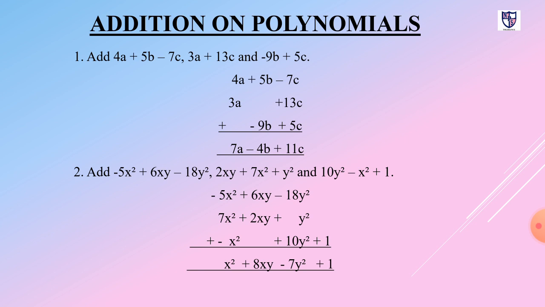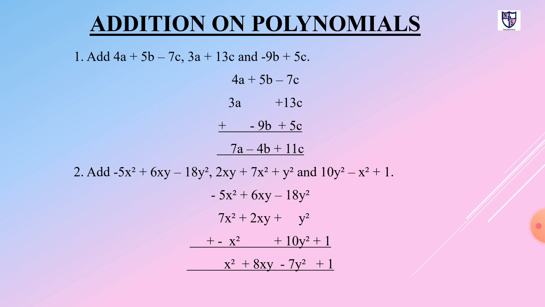Here we have two different signs and 18 is the larger term, its sign is minus. That's why we get minus 18 plus 1 is equal to minus 17y squared. Minus 17y squared plus 10y squared. Again we have two different signs, in which 17 is the larger term, its sign is minus. And when we subtract 10 from 17, we get minus 7y squared. Minus 7y squared is the answer for this term.